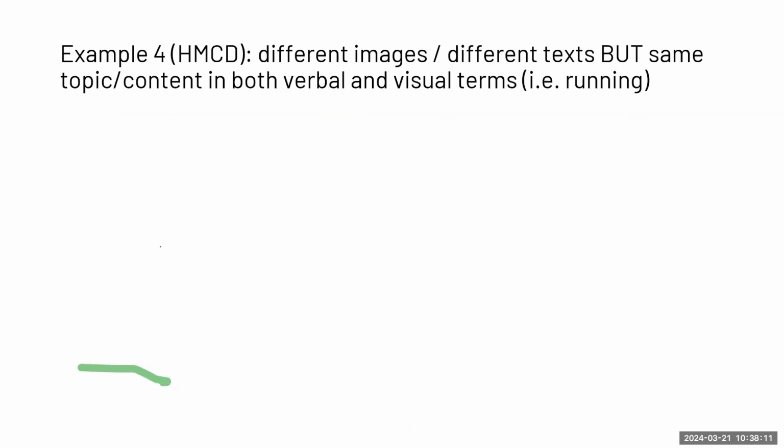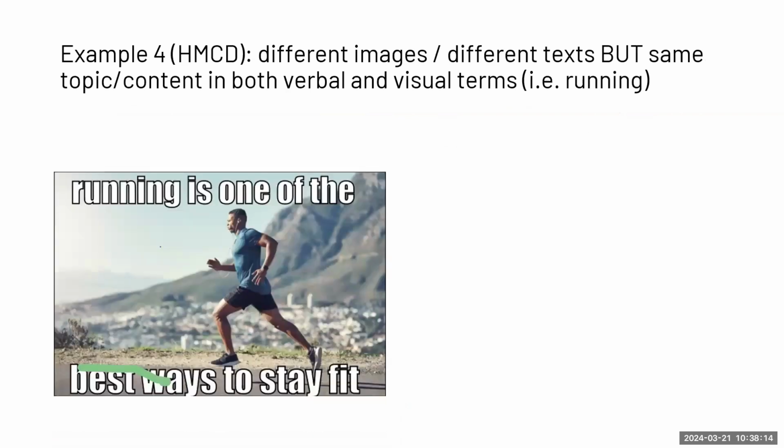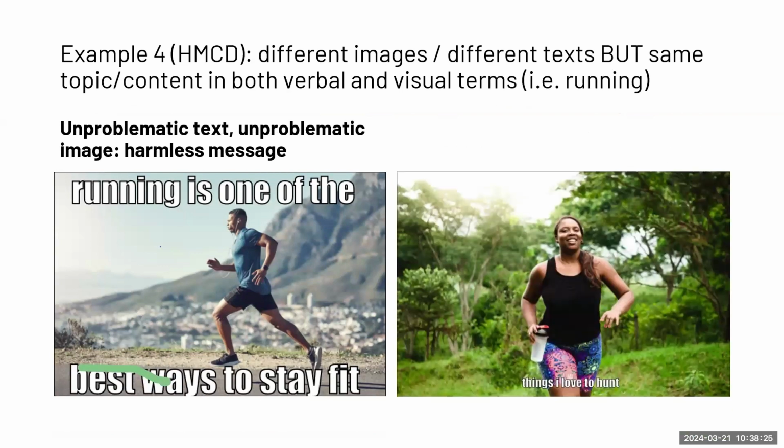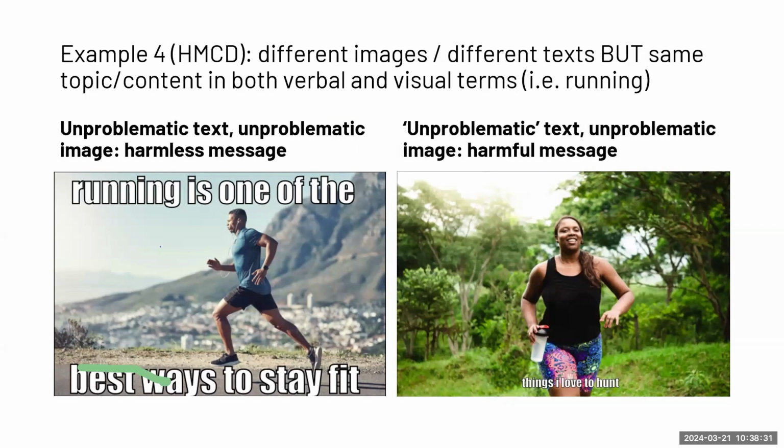It is about running. So this has people running. Running is one of the best ways to stay fit. So here, a harmless image. Second example, things I love to hunt. So here, unproblematic text, at least if you think that hunting is ethical. Unproblematic image, but here, of course, the message is harmful because it suggests that women be hunted by people, also